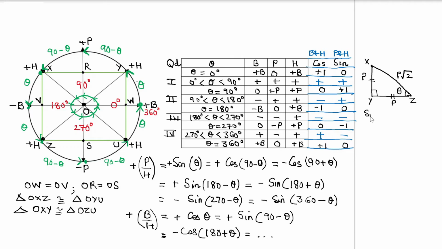So in that case sine theta becomes how much? Why have I written this as theta? Now if this is theta, in that case this angle will also be theta. So what are we saying? Basically, we are saying theta is nothing but equal to 45 degrees. So the easiest value to find out with the help of trigonometry or maybe Pythagoras theorem here is the value of sine 45 degrees, which we know is nothing but p divided by the hypotenuse, which is p root 2, and this we can write as 1 divided by root 2.